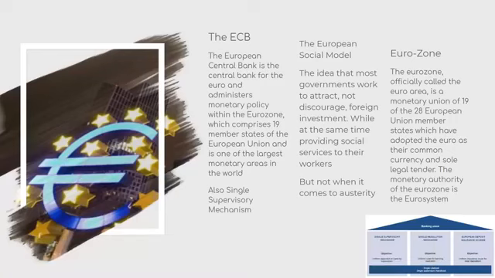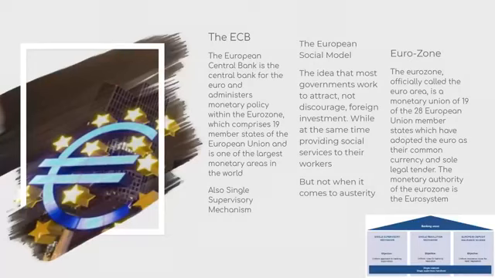So the first pillar, to be clear, the pillars in general create institutions and policy initiatives that the EU then follows. So if someone in, let's say, I'm going to talk to my Congress kids right now, if someone in Congress is saying how we need to work with the European Union or work with a certain country part of the Union on, let's say, immigration, right? We want to work on immigration. We can't necessarily do that without talking to the whole EU, and specifically the committees and institutions under the pillar that it encompasses, because it has a lot of layers. So let's break down the ECB, which is part of the first pillar.